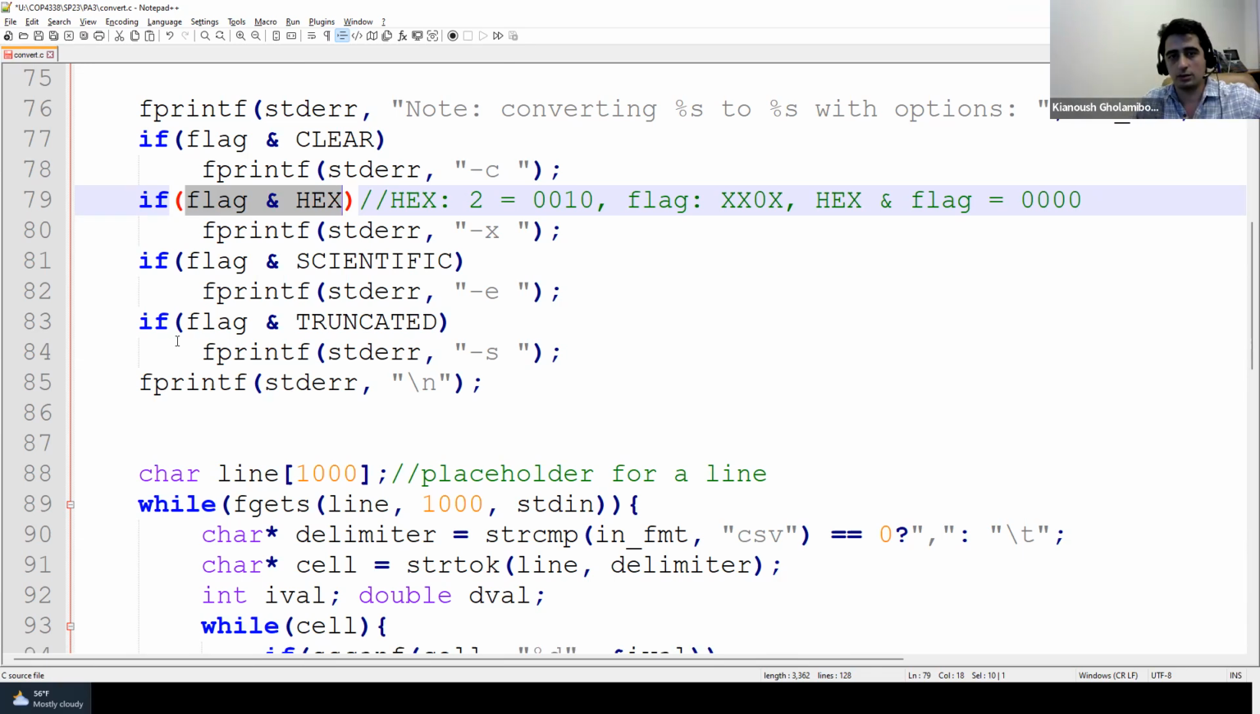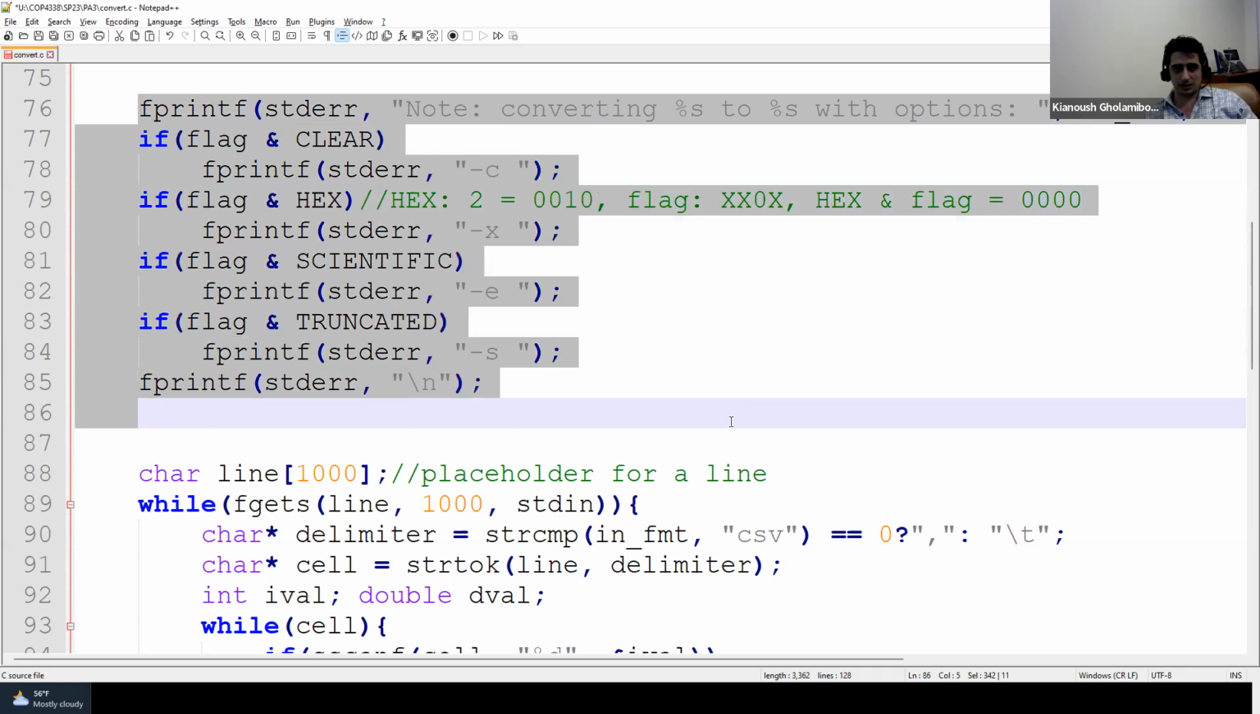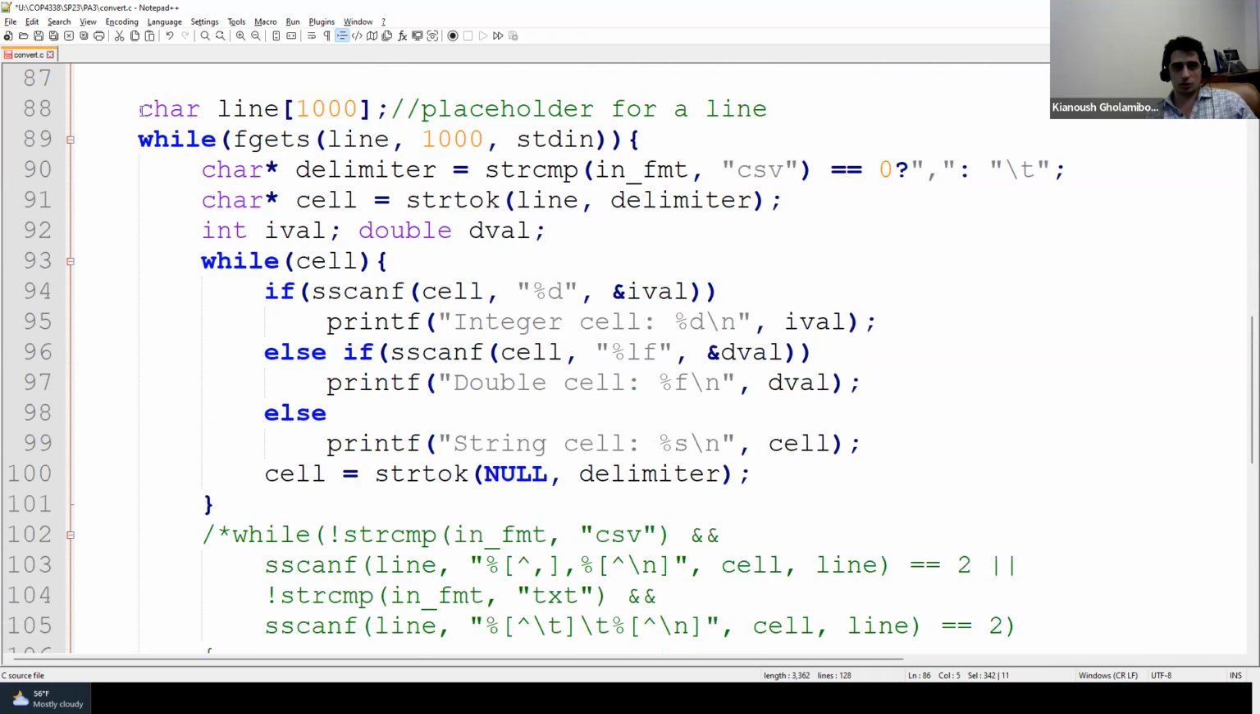Let me continue. So this is basically just to show you that my command and argument handling works. Next, I'm going to show you how to do the actual conversion. My code for conversion is quite simple. It only takes